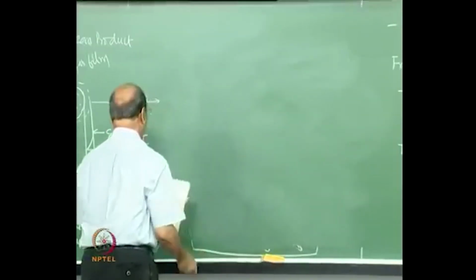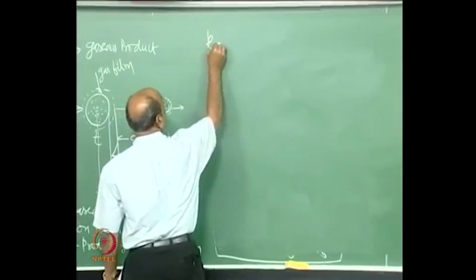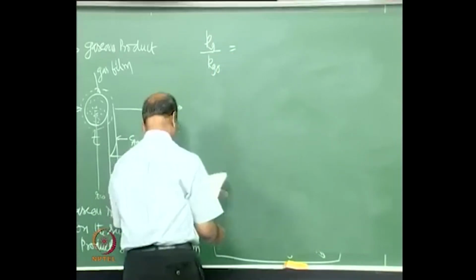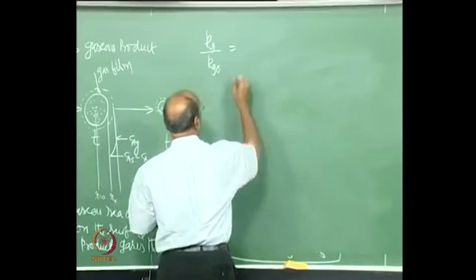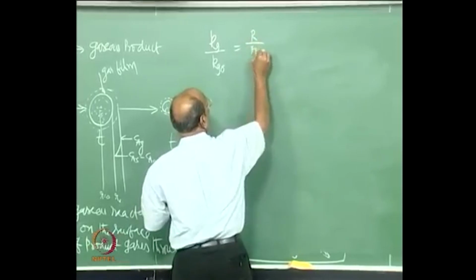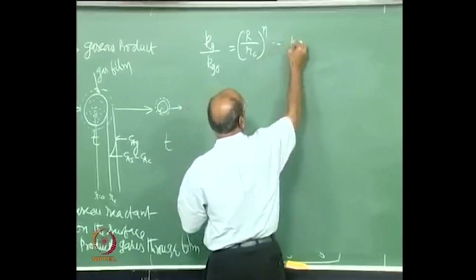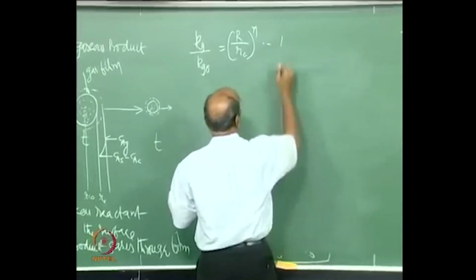So, in general what I can write is kg by kg naught equal to, if I take the ratio, r by rc to the power of n. So, this is equation 11,